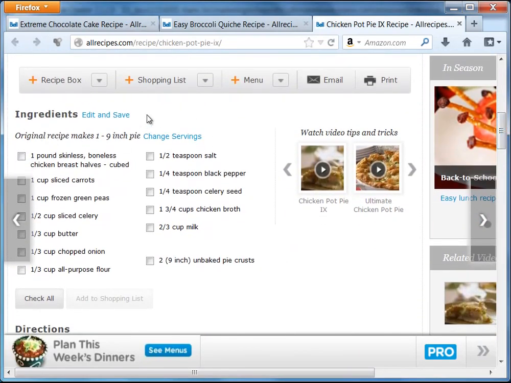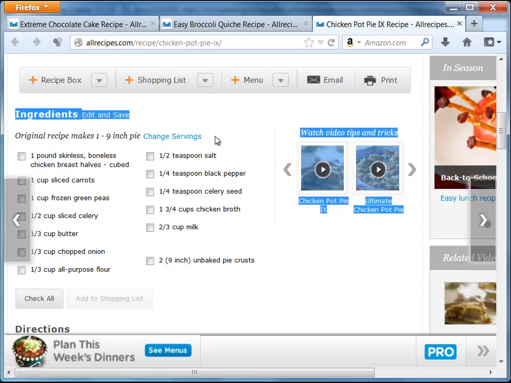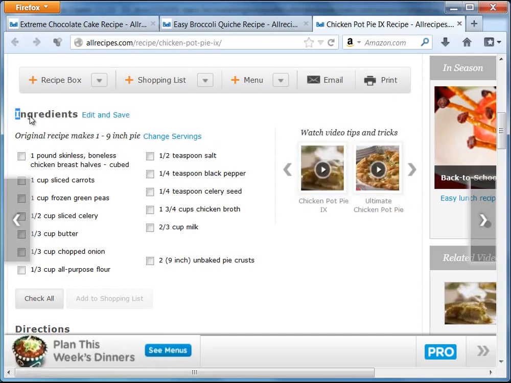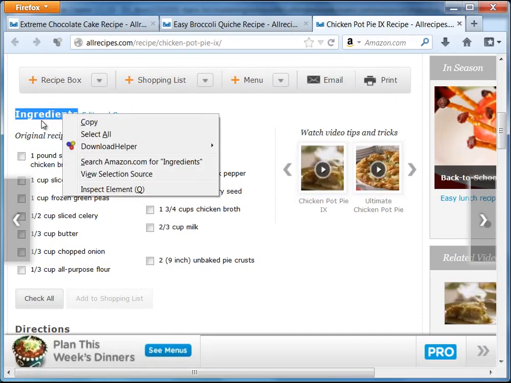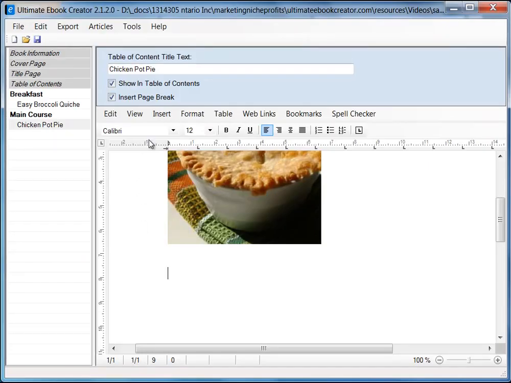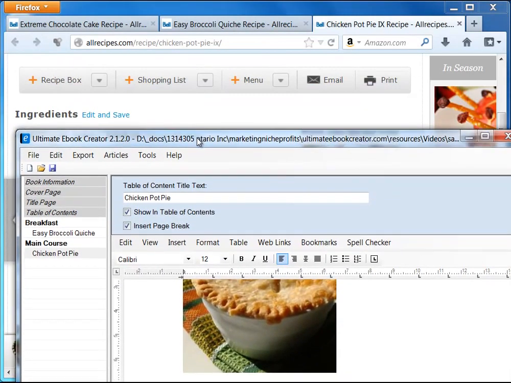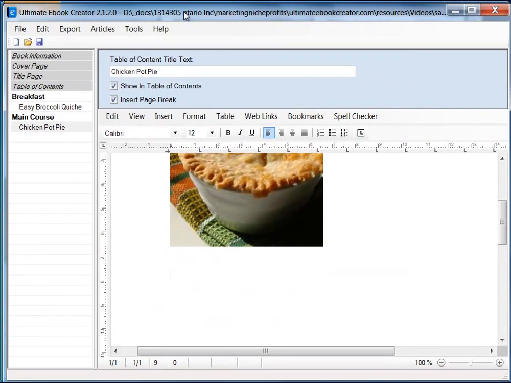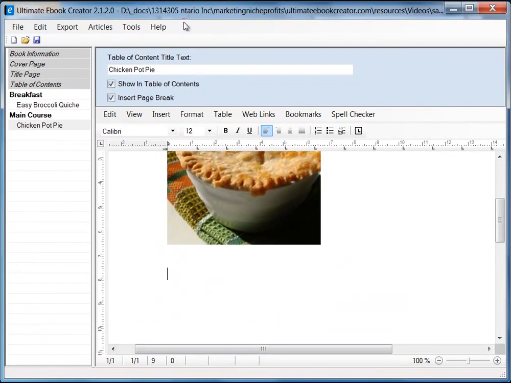What I'm going to do this time is create this recipe that looks exactly like this for the ingredients. So I want a 2-column ingredient section here. So once again I'm going to just highlight all this. Okay, ingredients. No, let's just type it in this time. Okay, so I'm just going to come down here and type in, let me just say